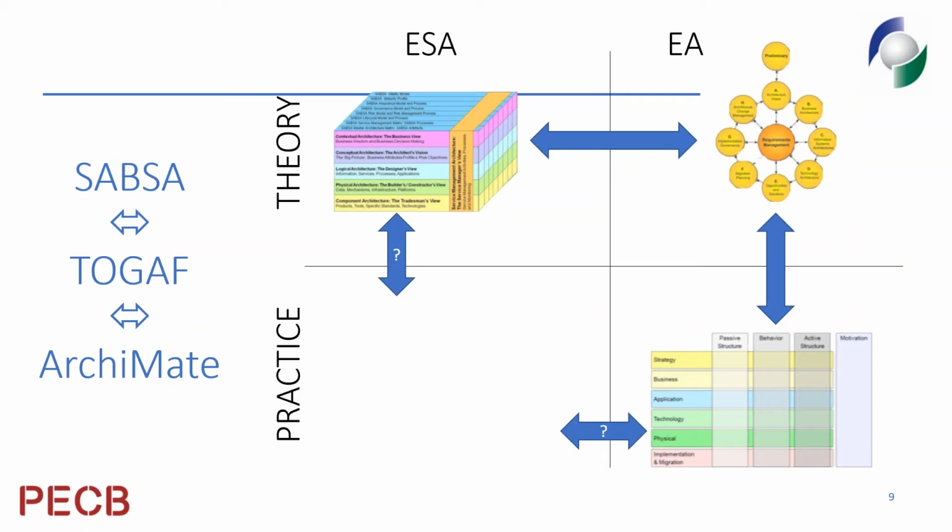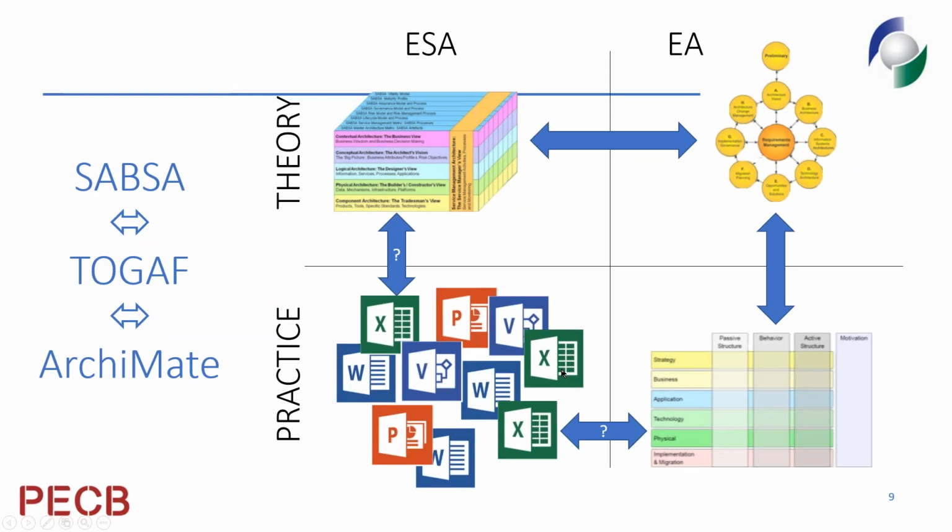How do we do enterprise architecture in practice? How do we realize that theory, given we've got a tool, ArchiMate, that in theory represents TOGAF but hasn't absorbed the SABSA framework? Well, in practice, we do it like this. We do it the old way.